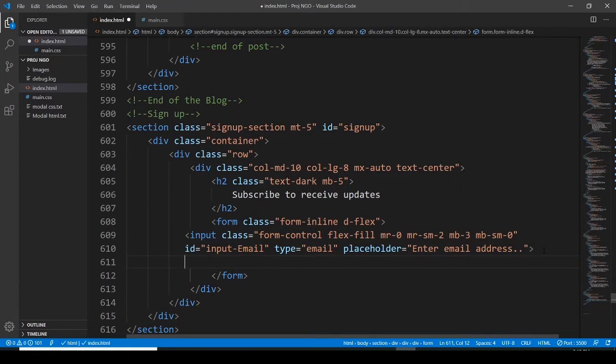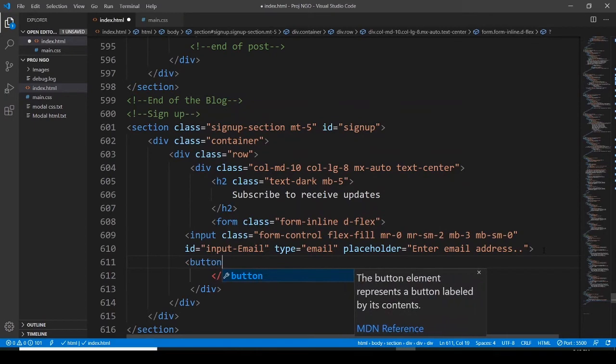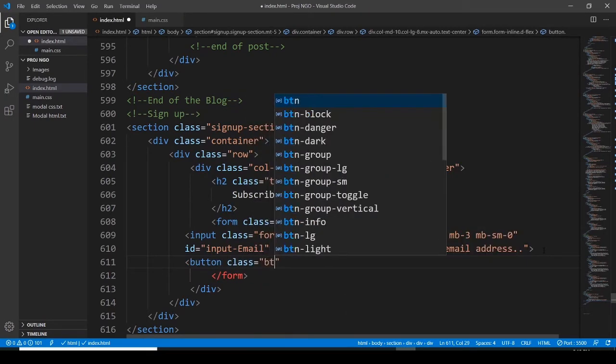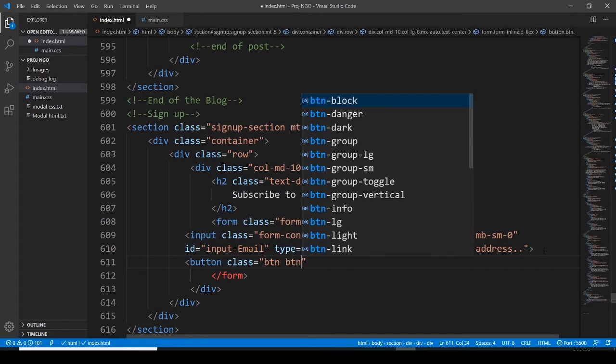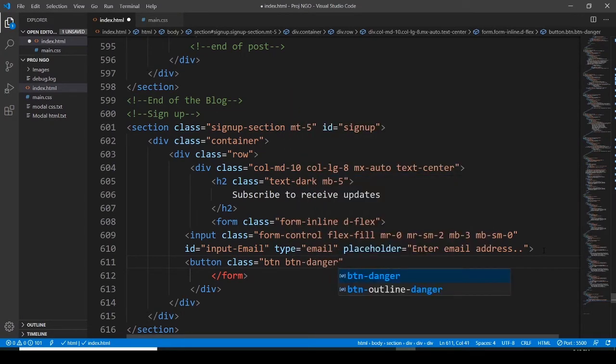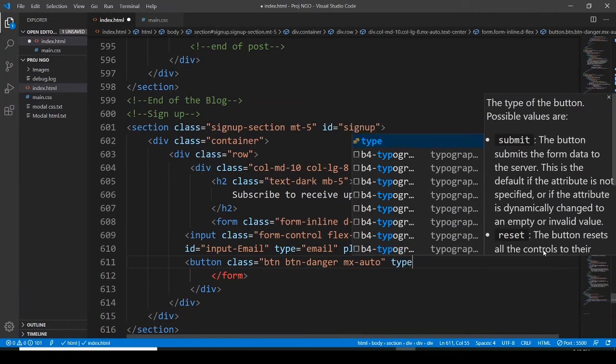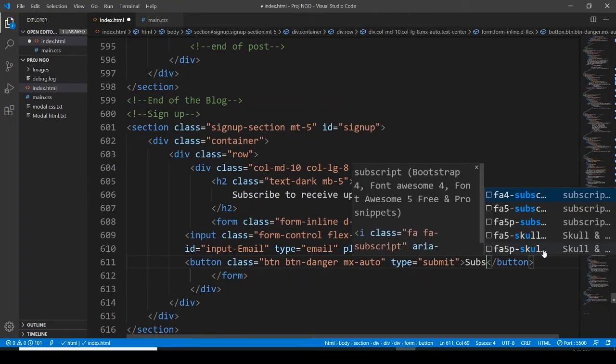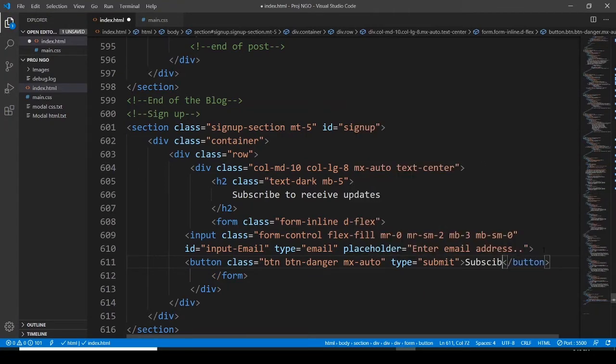now let's have a button here, and for the button let's go with the button element, button class of btn, then btn danger and auto, and then the type of this would be submit, and let's write subscribe,